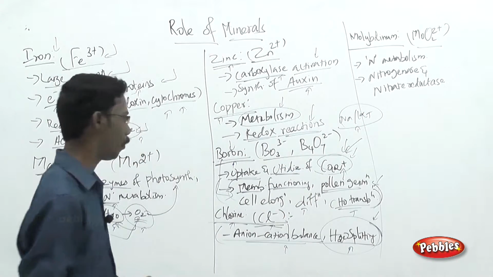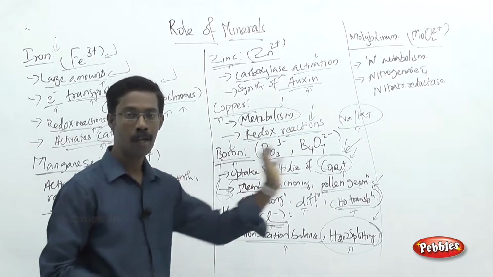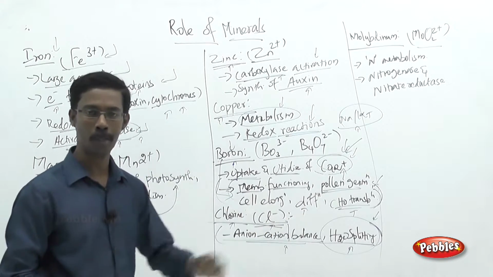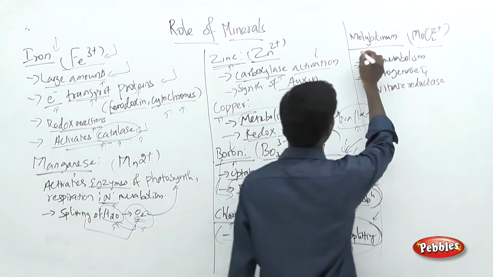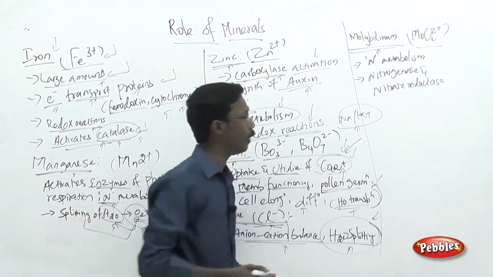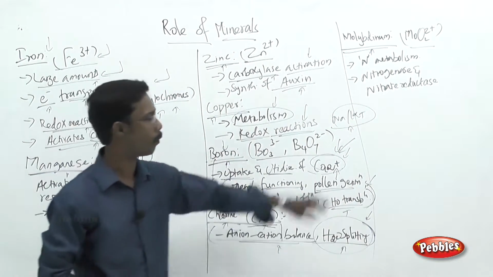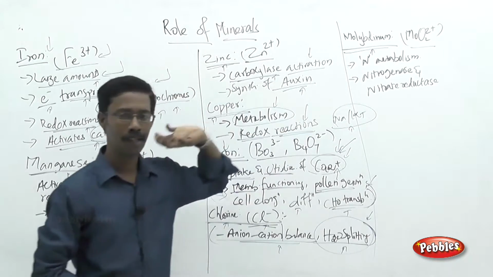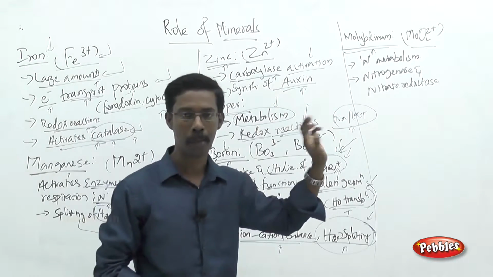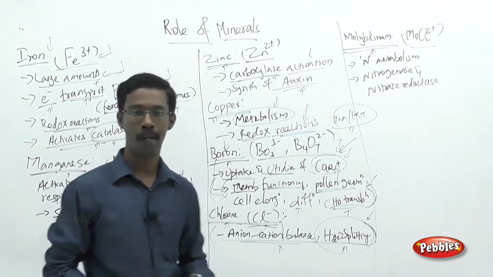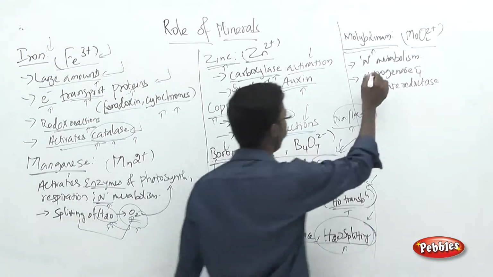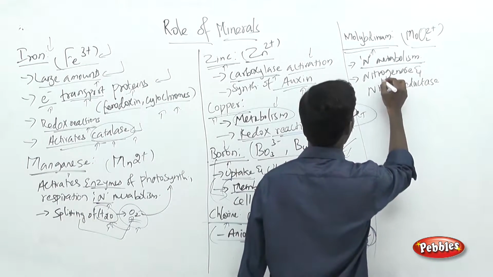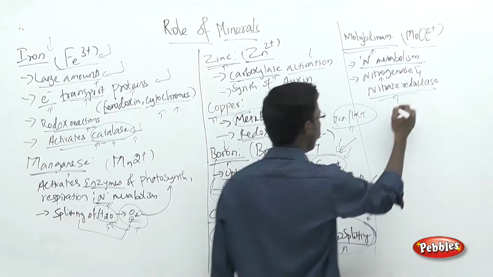Here also they are involved in the splitting of water so that it will release lots of oxygen during the particular photosynthesis. And finally we are going to see molybdenum. Molybdenum is also observed as ions over here. They are one of the major minerals involved in the nitrogen metabolism of any plant. So in nitrogen metabolism, they are going to activate the enzymes nitrogenase